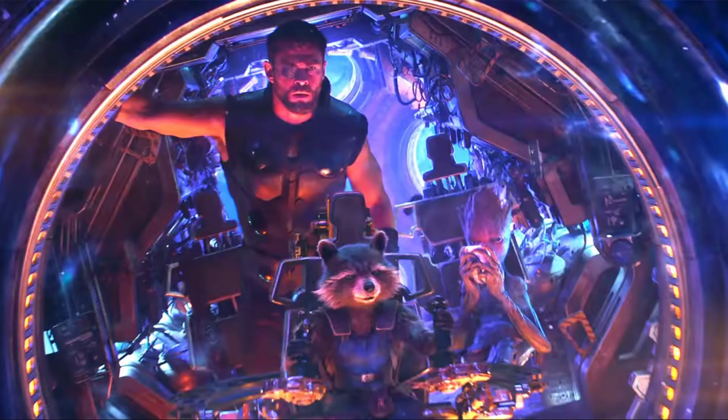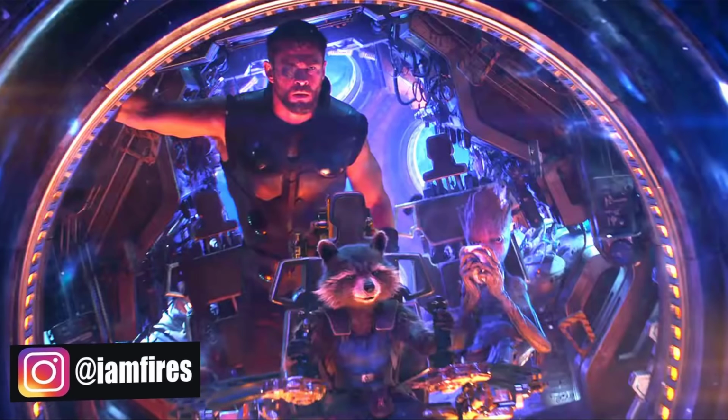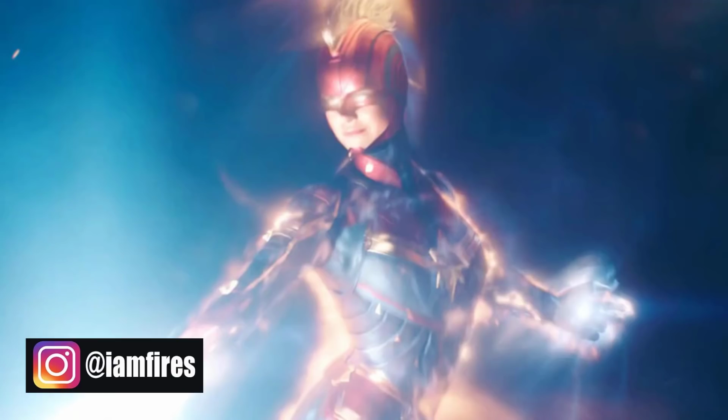But if the comms are down and he doesn't have a location device that he can use, considering the power is dead on the ship, that means Thor and Rocket haven't rescued them. That means that Pepper hasn't been able to get in touch with him. And the no promise of rescue line means they haven't been able to comms or get in touch with anybody. I think that rules out most of the Avengers as rescuers and actually leaves Captain Marvel as the prime candidate